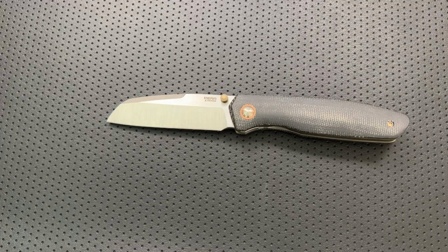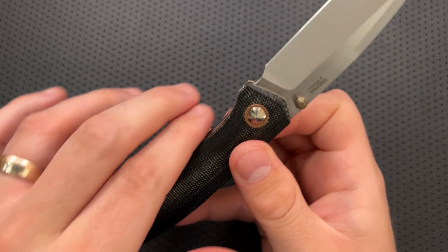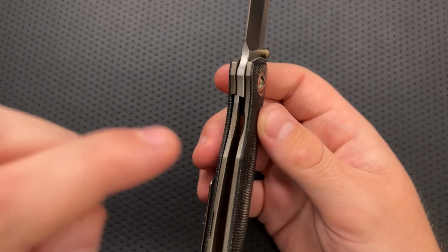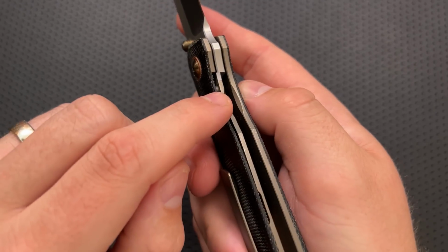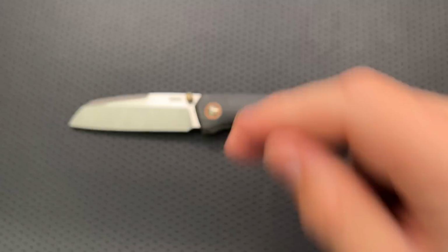Next thing, the lock bar access on this guy could be a little bit better. What you can see here is that these two liners are exactly the same height, right? There appears to be no lowering of this front liner here. And as a result, the only way to really get in there and disengage the lock bar is by jamming your thumb down into this little gap created by these two little cutouts here, like that. It's relatively straightforward to do, but it is always nice when I have just a little tiny bit of